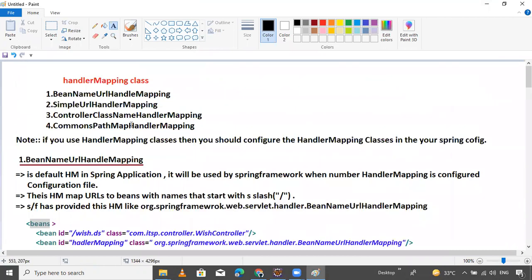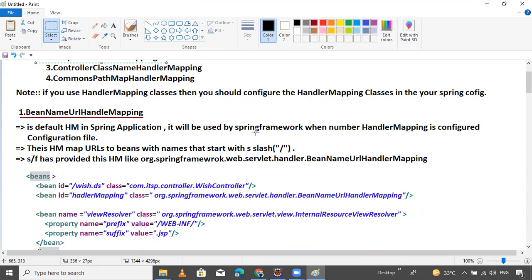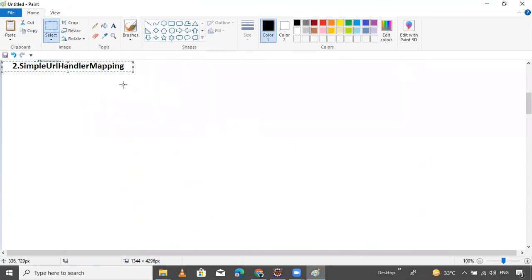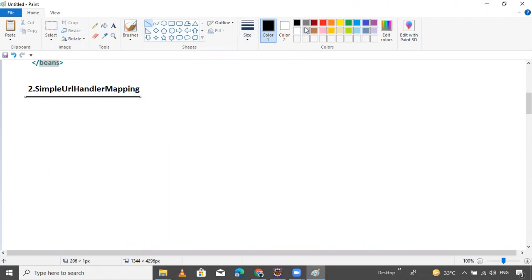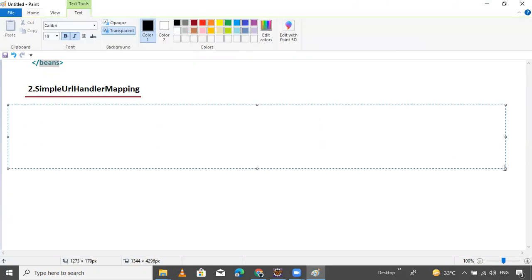So now come to the next. I will show you an example using SimpleUrlHandlerMapping. First, I will write some theory for you for understanding purposes. Concentrate, guys.